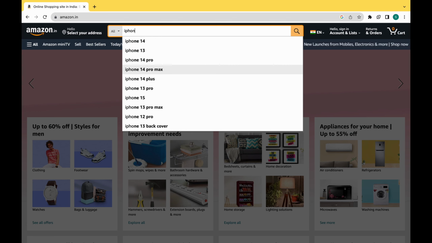Now I will write iPhone 14 here. Now it shows me all the words that start with iPhone 14. As you can see, now it is suggesting iPhone 14 Pro, iPhone 14 Pro Max, etc. Now I will go back and write iPhone 12 here. Again it is suggesting the words that start with iPhone 12. So as you can see,